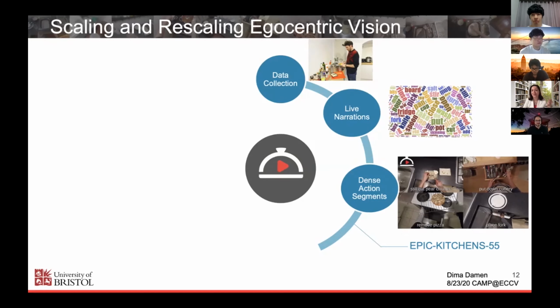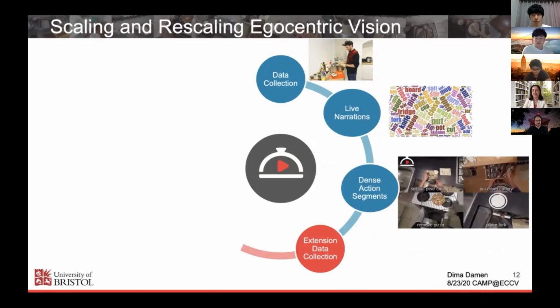In addition to all the caveats I've told you about, which is it's labeled with these narrations and it's also multimodal and it's unscripted. After the dataset was released, and thanks to the interest of the community, we started the extension to the dataset. And we went back to some of the individuals who collected data with us and asked them whether they're interested to collect data again. That gave us a niche aspect of the same individual 2 years on. Can we still learn their actions or recognize their actions?